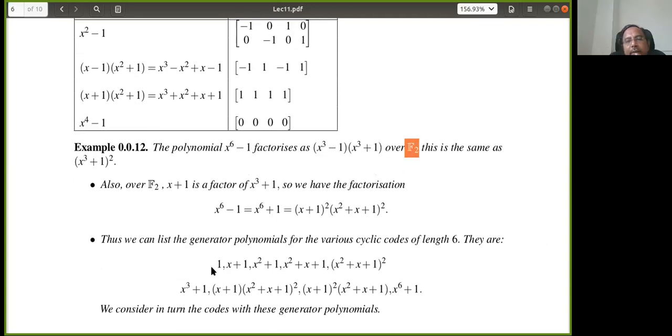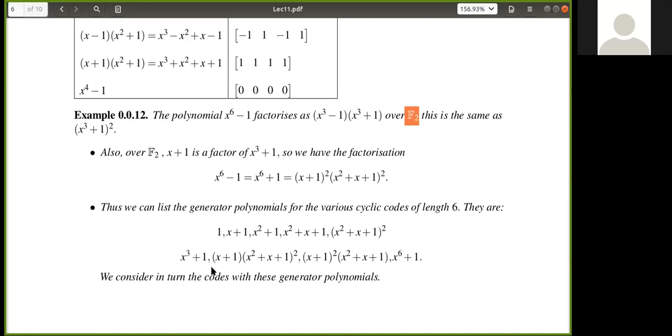So how many generator matrices will be there? Yeah, Pragati? How many cyclic codes will be there? How many generator matrices are there? Yeah, Pragati, go ahead fast. Sir, 9. 9 what? Explain one more time. So here we have 9 polynomials. Then we will get a generator matrix corresponding to each of these polynomials. So there are a total of 9 generator matrices. So how many cyclic codes will be there? 9 cyclic codes will be there.